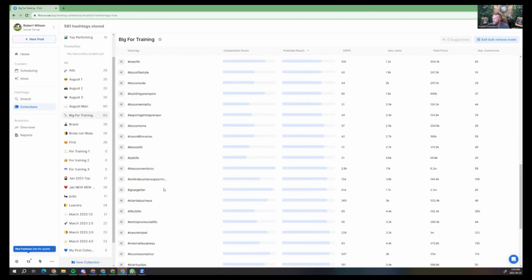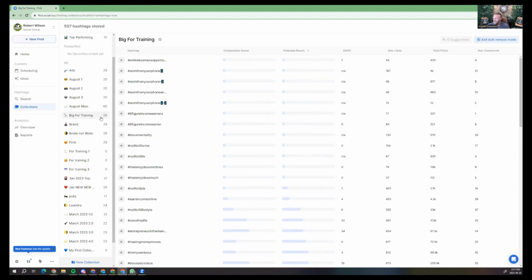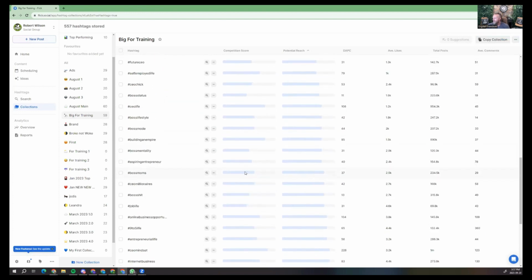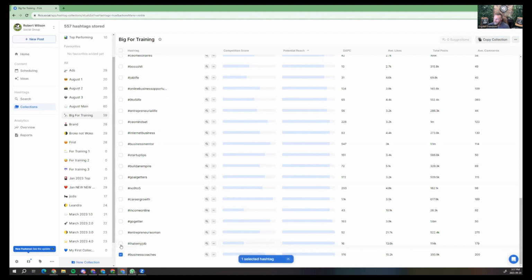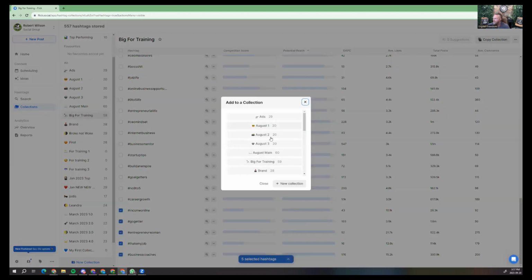So you can see we had 102, we're down to 63. Some of these ones like income online are super good because it's said differently, right? So that's what you kind of want to look for. So you can see that we have 59. What we're going to do is take the last 5 and throw those into all of them. And then we'll do this last 5 and we'll save into the different ones.